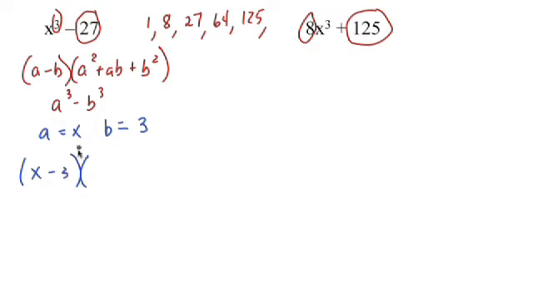And now when you substitute your x in here, you have to square it, so that's x squared, plus 3 times x is 3x, plus, now remember 3 is squared in the last position, so it's 9. Now, you may be tempted to try to factor x squared plus 3x plus 9 because that's a trinomial, but in these problems, that second trinomial can never be factored. It's not factorable. So when you're doing a sum or difference of cubes, once you get to here, stop. You can't do anything else. Okay, and this is our final answer.